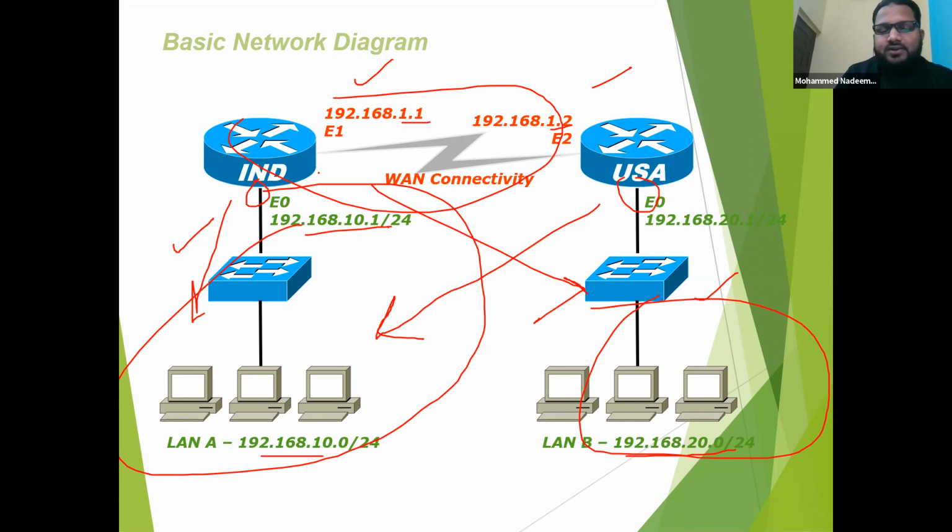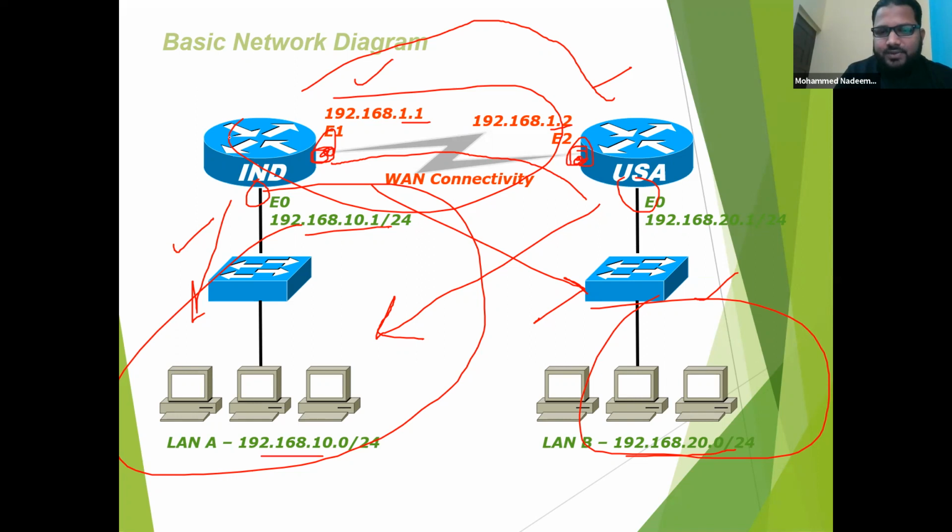If the Hyderabad router wants to go in this direction, it has to go here. So what will be the next hop? This will be the next hop. If the USA router wants to reach here, how will they go? They will go from here, and the next interface is this one. That's it. Just go and statically define that. That's the static routing.